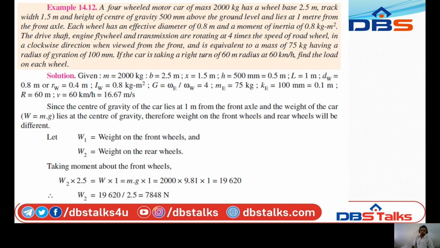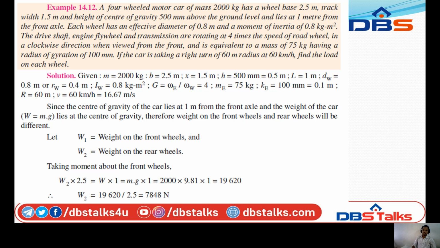dw, that is effective diameter of each wheel, 0.8 meter, IW, that is moment of inertia, 0.8 kg meter square, and G is equal to the ratio of angular velocity of engine parts to angular velocity of the wheels, that is omega E by omega W, that is 4, and ME is equal to 75 kg, KE is equal to 100 mm, and R is equal to 60 meters, V is equal to 60 kilometer per hour, that is equal to 16.67 meters